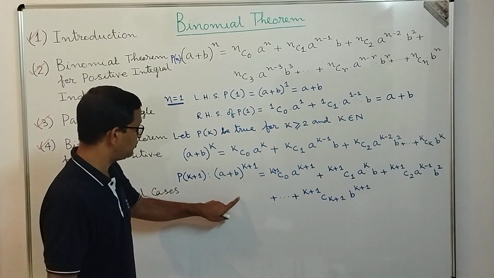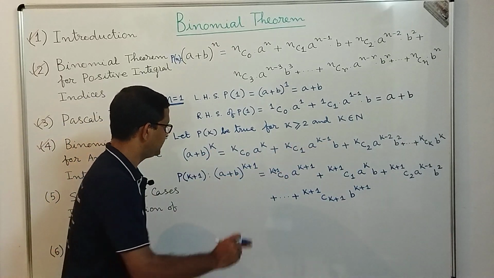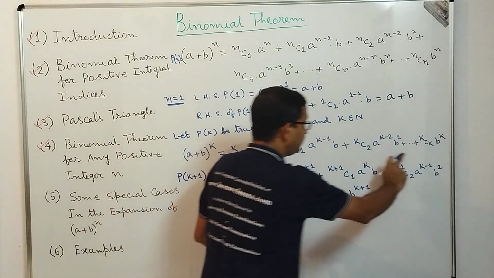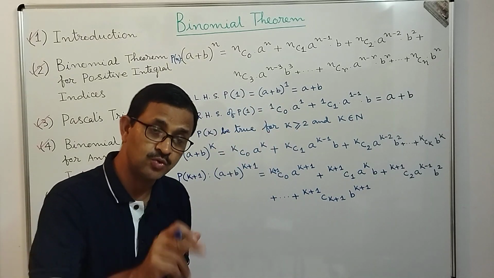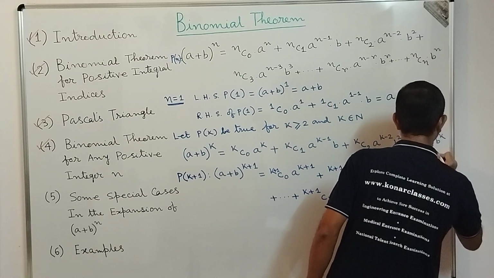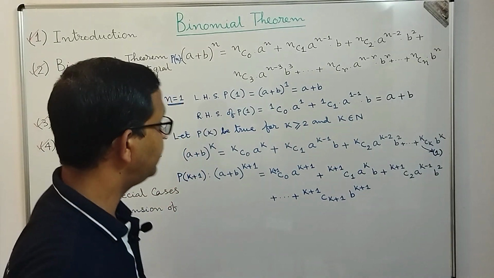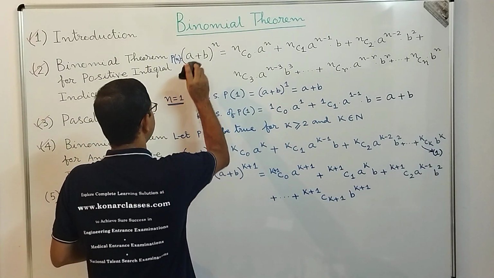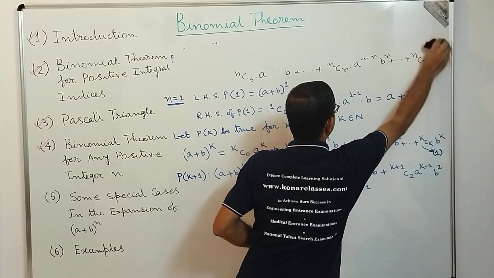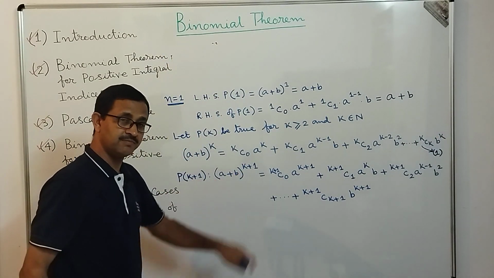And how do we need to prove it? We need to prove it by assuming that (a + b)^k, whatever has been given here, that is kC0 a^k plus kC1 a^(k-1) b till kCk b^k, is true. In fact, we can call this equation 1. So now let us find the left hand side of P(k+1). What is the left hand side of P(k+1)? It is (a + b)^(k+1).